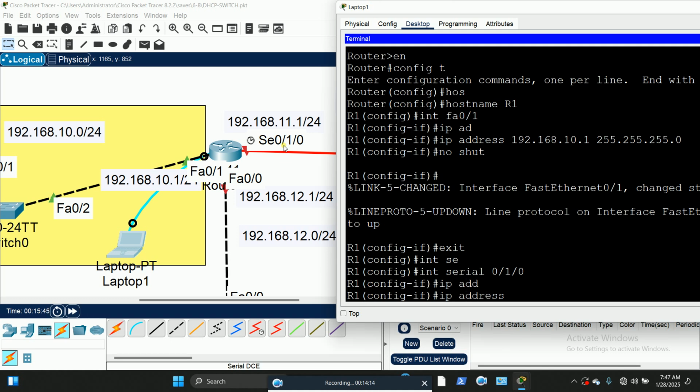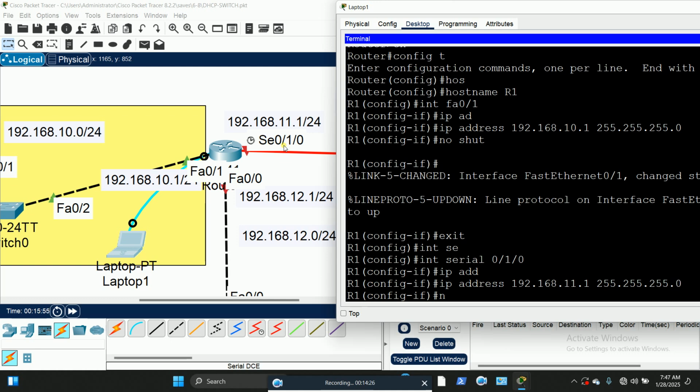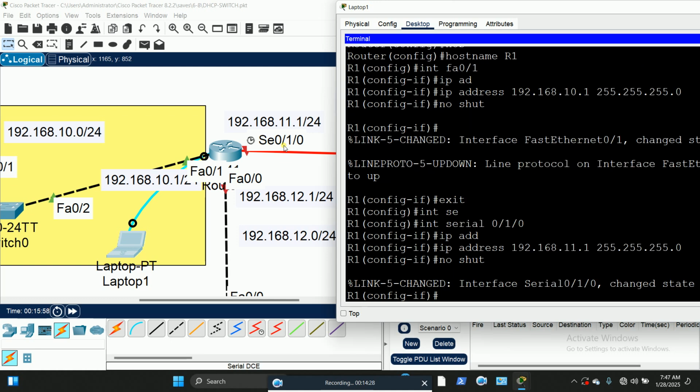So IP address 192.168.11.1, 255.255.255.0. Enter, then no shut. It won't take effect because you have to do the opposite router configuration to assign IP address before it can come online. Okay, so we are done with this one and that one, remaining the down one, which is FA